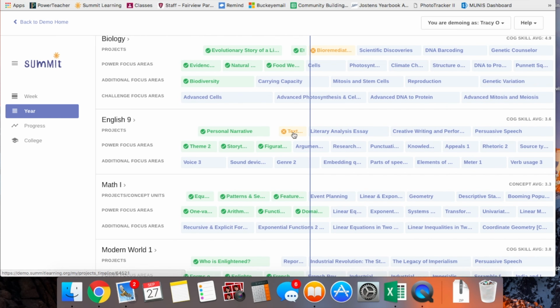For your projects, if you see a red outline on a project, that means a couple of things. First, it could mean that a checkpoint within that project has received feedback of stop and revise. That means part of this project desperately needs your attention. This could also mean that the project is late and is not submitted.